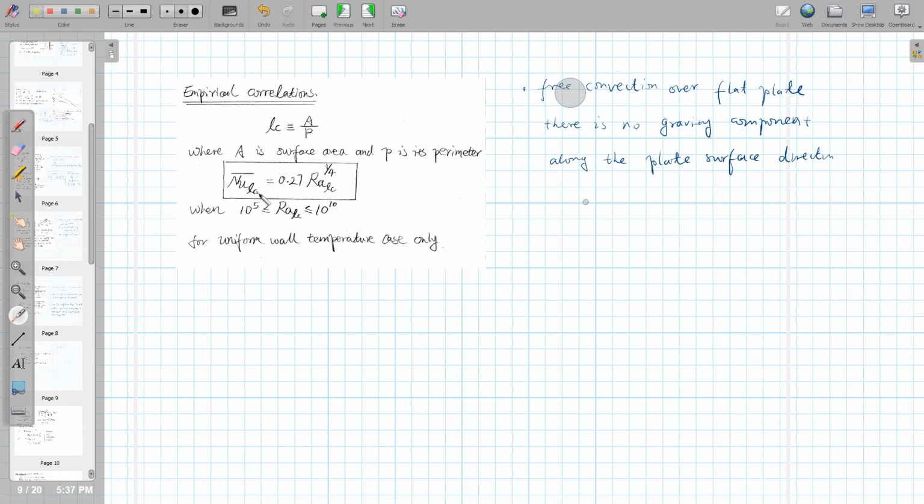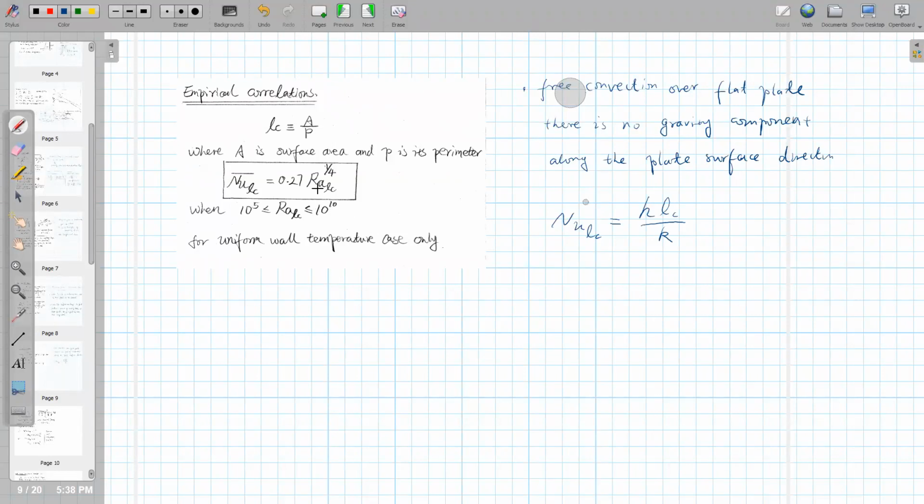What it is telling us is that for free convection on the flat plate, if the buoyancy force is oriented towards the plate, your Nusselt number, Nu of Lc, is defined by h Lc over k, okay? And h is the film coefficient, or alpha, the convective heat transfer coefficient. Lc is defined by A over P, where A is the surface area of the plate, and P is the perimeter of this surface area A, okay? And it is equal to 0.27 times Rayleigh